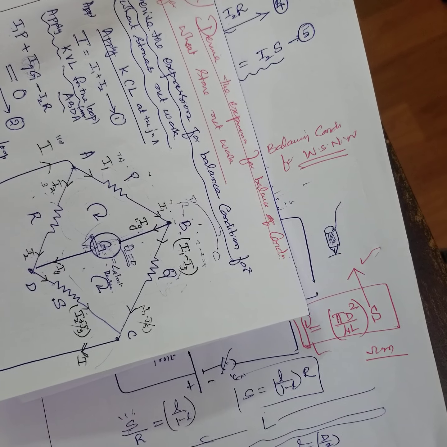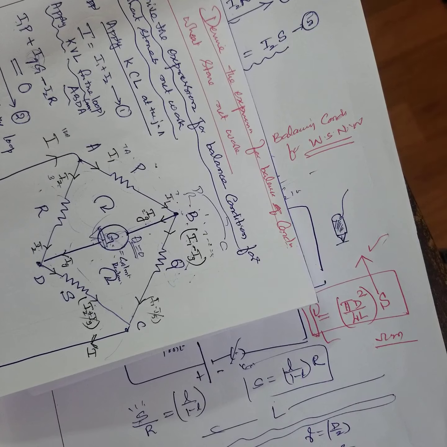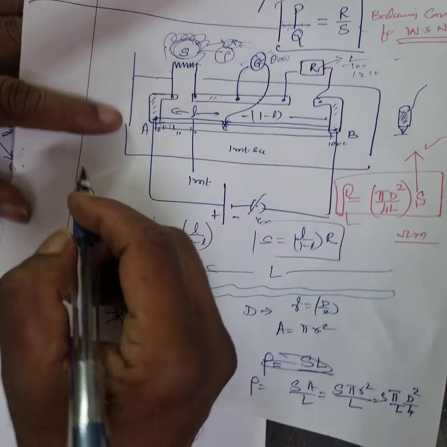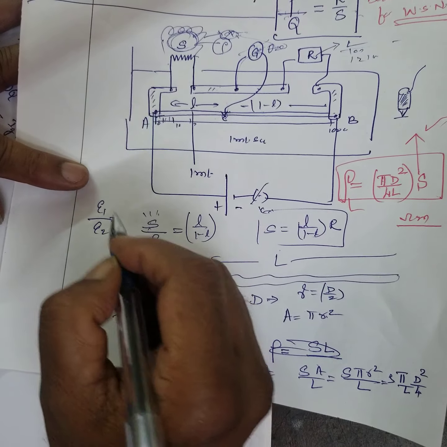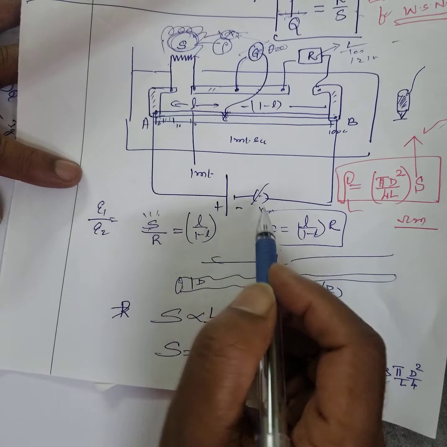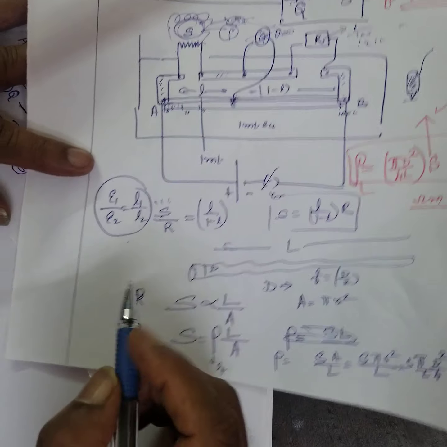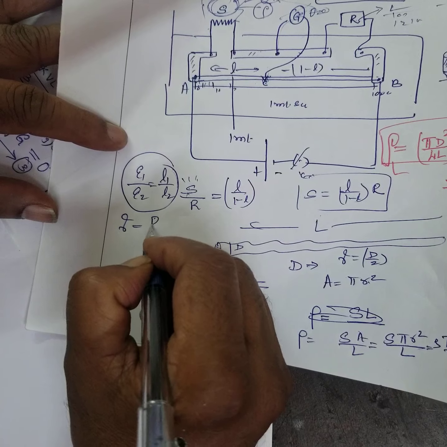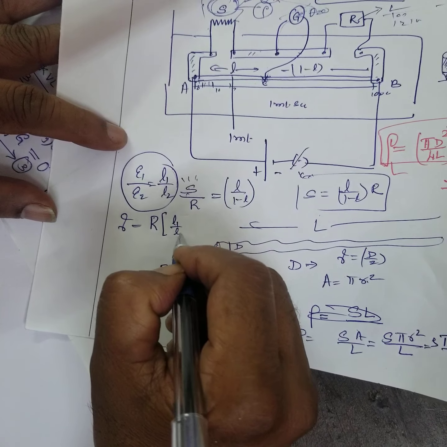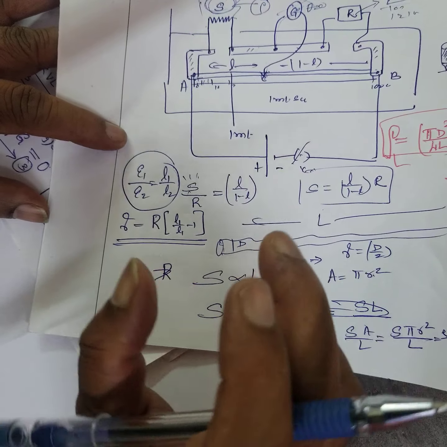Then after that, the potentiometer will also be there, and the potentiometer is also another form of Wheatstone network. That also you will get a lot of problems on. You can compare the EMF of two different cells using different balancing lengths. This is the formula we are going to use. Then also we are going to calculate the internal resistance. Internal resistance is denoted by R (L1 by L2 minus 1). Problems based on all these things will appear in CET.